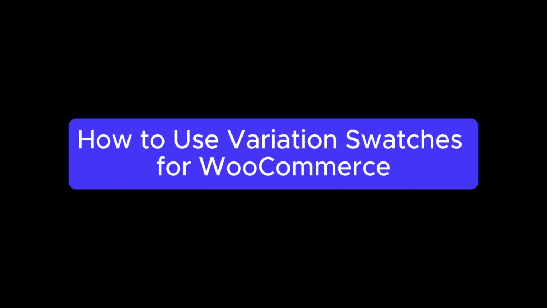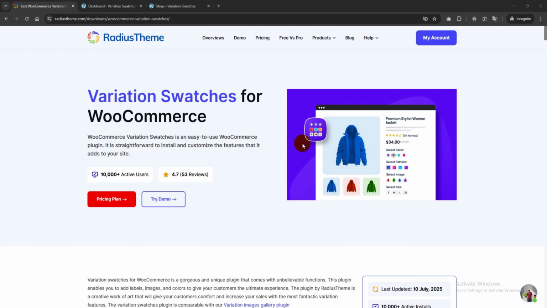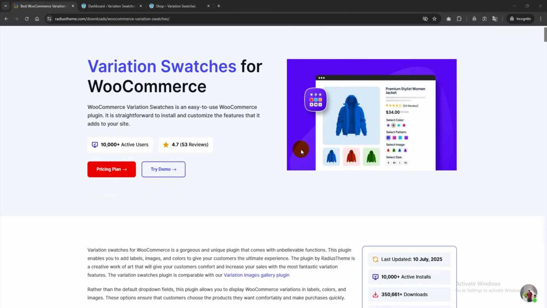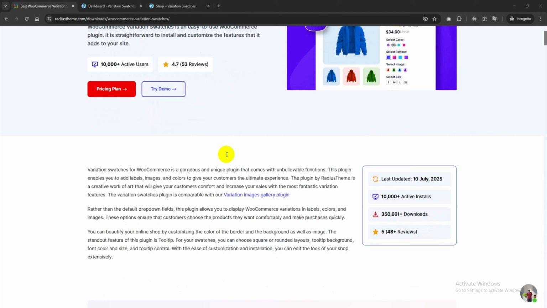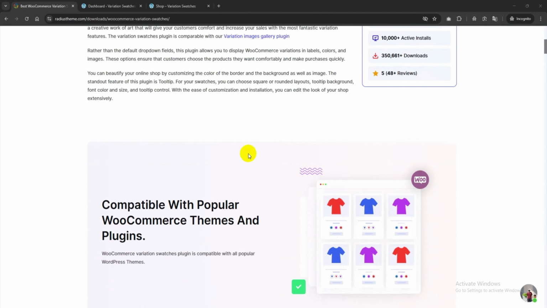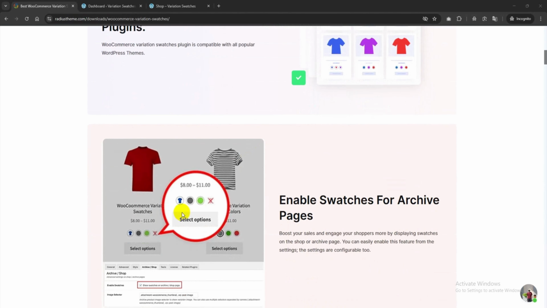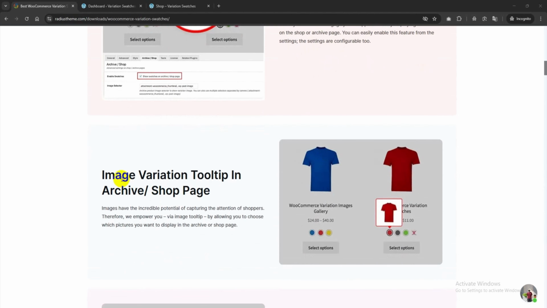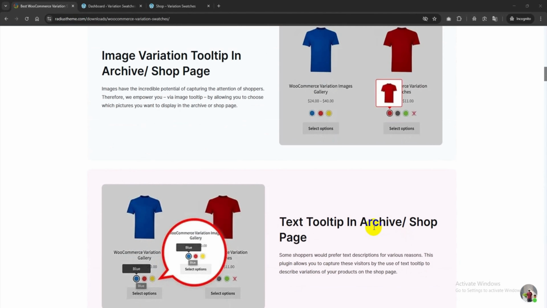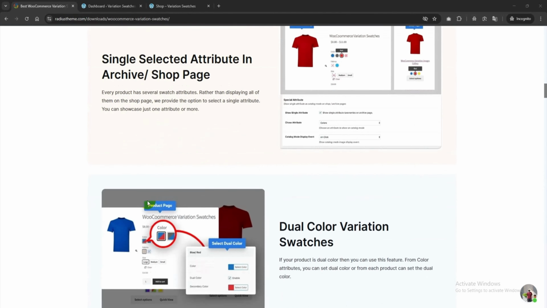Today we are diving into one of the easiest ways to make your WooCommerce store look more professional and user-friendly. The variation swatches for WooCommerce plugin by RadiusTheme. Instead of dull dropdowns, you can showcase product variations as colorful swatches, images, or labels, giving your customers a visual